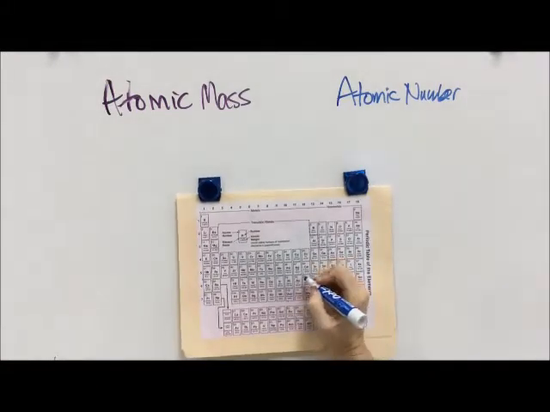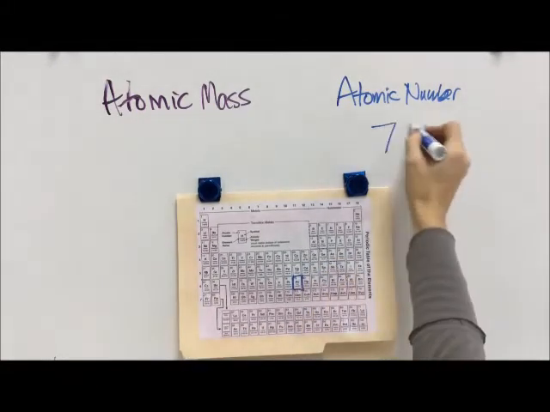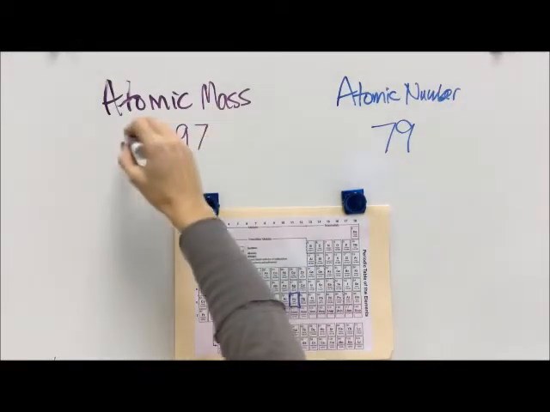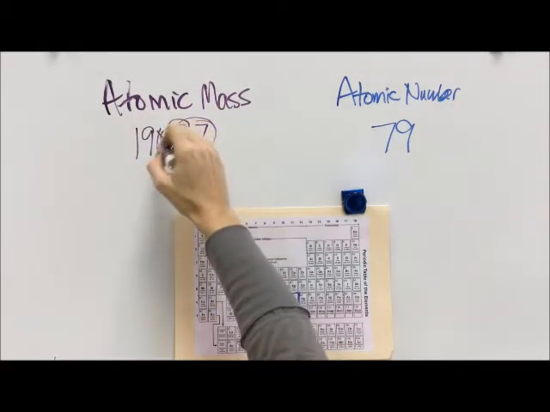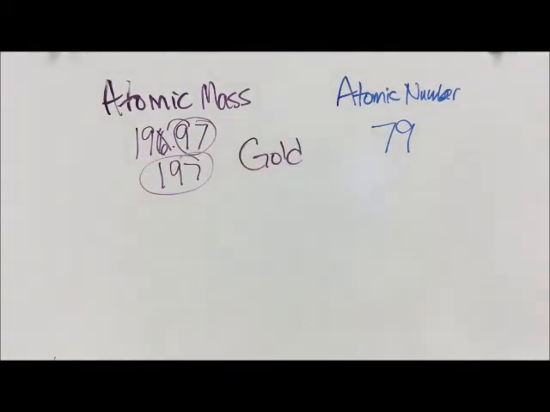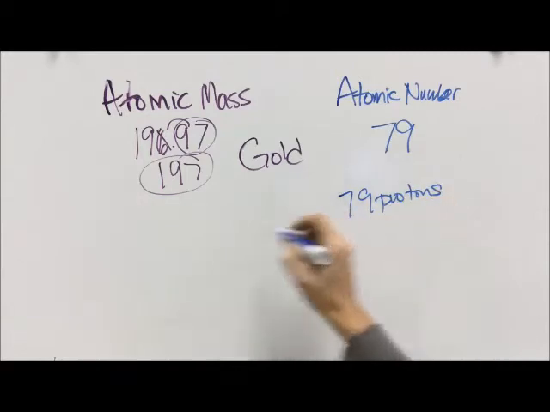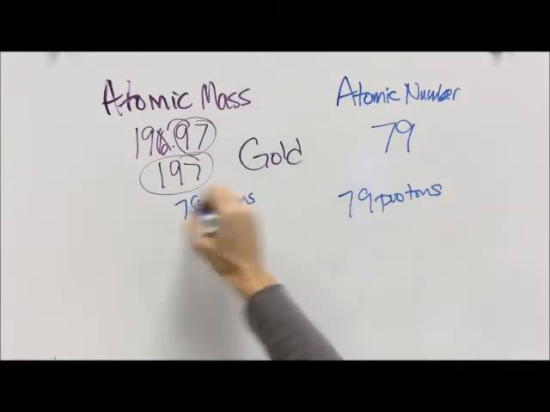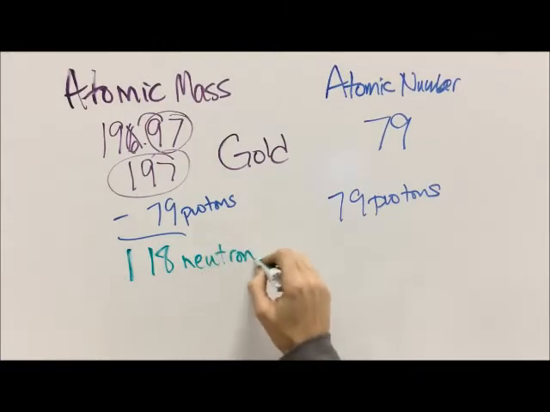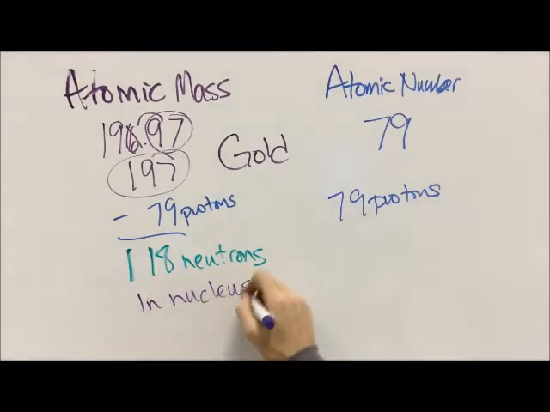Okay, next one. Let's look at gold. Gold has an atomic number of 79 and an atomic mass of 196.97. We're going to round that up to 197. It's so much nicer to talk about whole numbers. That's gold. Okay, so gold has 79 protons. And then we need to subtract that to find out how many neutrons. 118. So we have 118 neutrons, 79 protons, which gives us a grand total of 197 big things sitting on